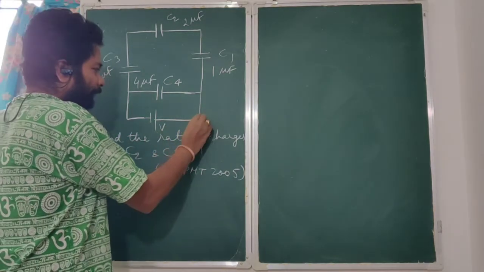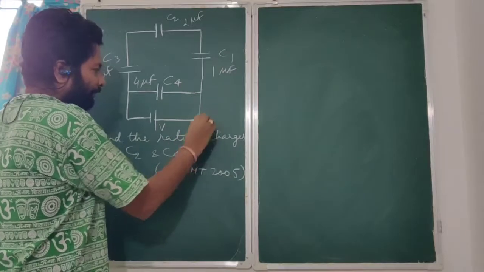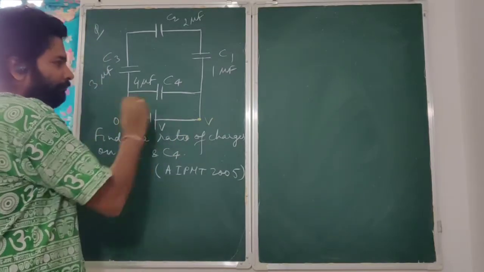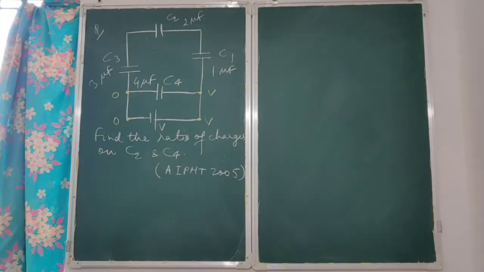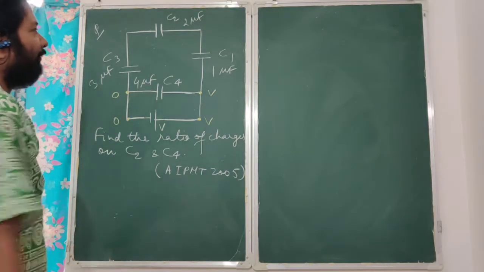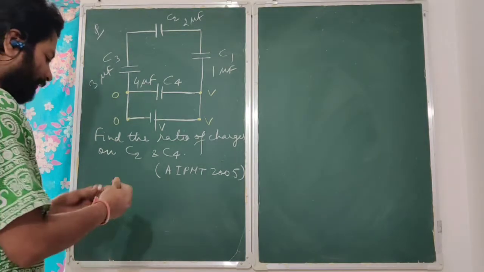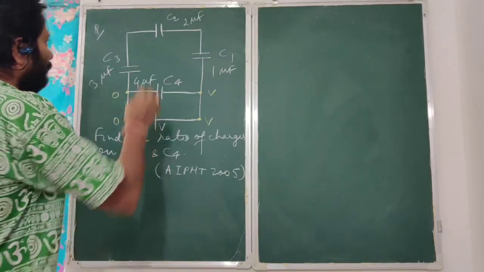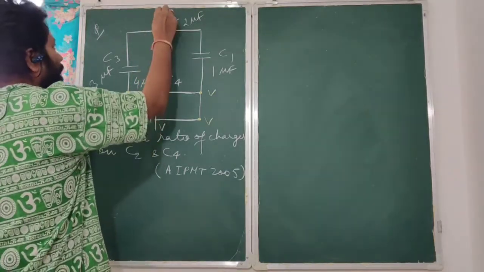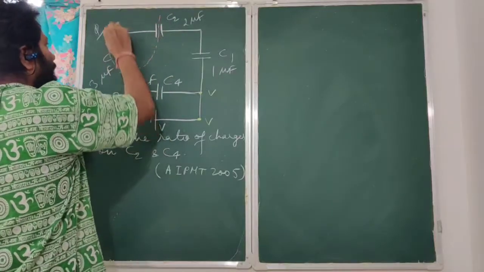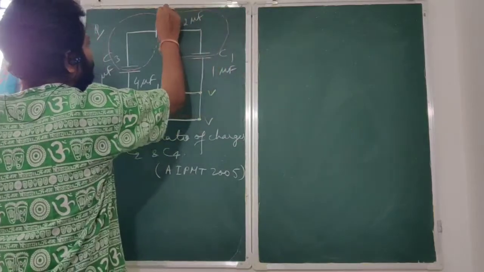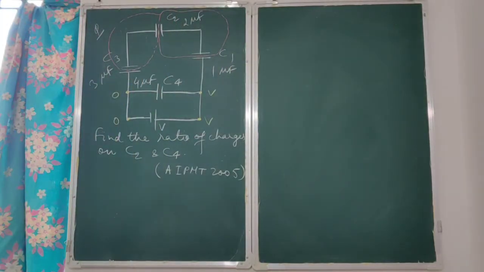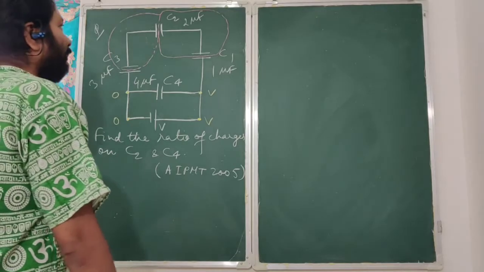The first thing we will be doing is we will assign the potentials. So here it will be V, this will be 0. So here again V, this we can put as 0. Now when it comes to charge, can you identify some isolated system here? Yeah, we can do it. One isolated system. This is one isolated system. Another isolated system is getting formed here. So in an isolated system, net charge will always be 0.